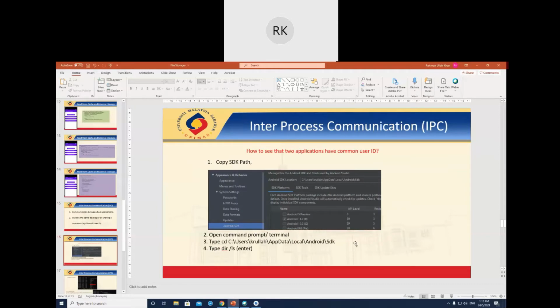Okay, so how to do that? For this process, to see the common user ID and how to share it, or if we want to see where the application user ID is and what we should change, which is called the application user ID. So to see the application user ID,